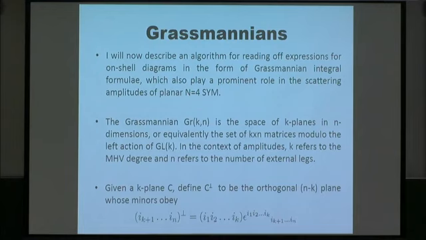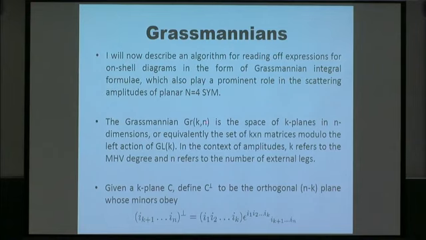So what I'm going to do now is describe an algorithm for reading off expressions for on-shell diagrams in the form of Grassmannian integral formulae. And such structures also, of course, played a prominent role in the scattering amplitudes of n equals 4 super Yang-Mills. Before doing that, perhaps I should define what I mean by a Grassmannian. The Grassmannian G(k,n) you can think of as the space of k-planes in n dimensions, or equivalently, the set of k by n matrices modulo the left action by GL(k). And in the context of scattering amplitudes, k will correspond to the helicity degree, and n will correspond to the